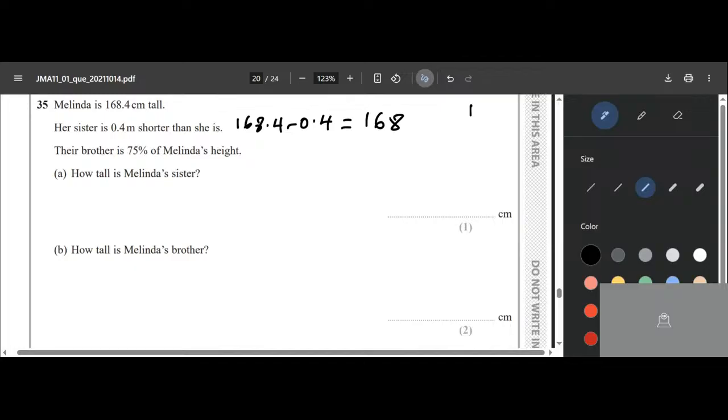If you want to use the long subtraction, just subtract in this order. His brother is 75% of Melina's height. So they ask how tall is my little sister. So we already defined that. So the sister is